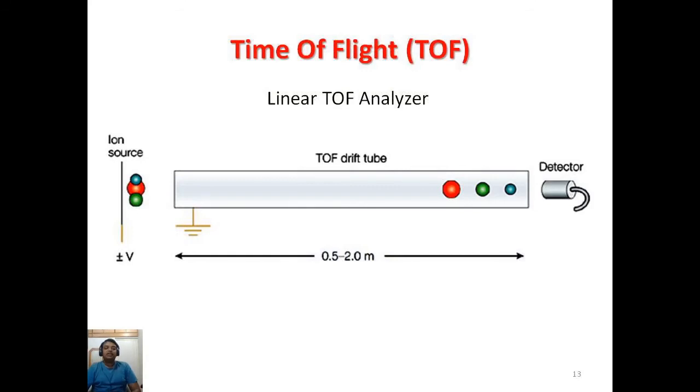The next analyzer is the time of flight analyzer. This is also called a linear time of flight analyzer. TOF is provided in the market in two types, circulated TOF and linear TOF. In the linear time of flight analyzer, molecules which come from the magnetic analyzer enter a tube. This tube is called the drift tube. Before entering the tube, there is a very high voltage difference.